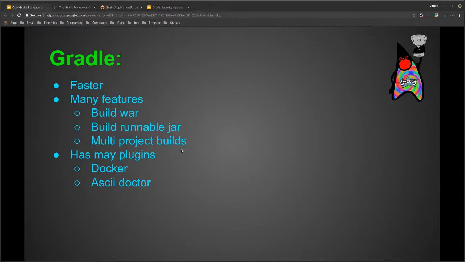Well, a lot of them were build plugins that just went away because they're now handled by Gradle plugins. Some of the other ones were just legacy things that no one bothered to port over, but all of the main ones have been ported over for quite a while at this point.